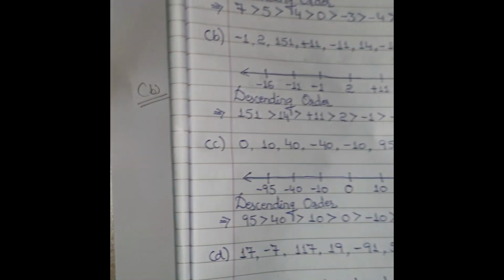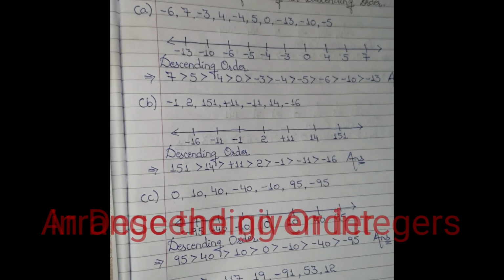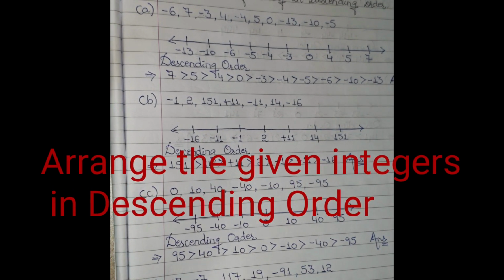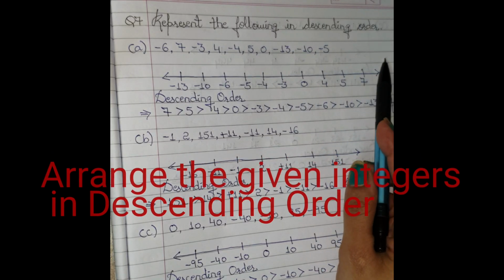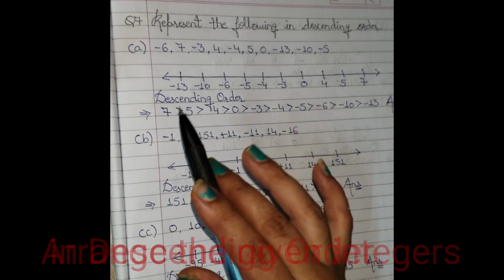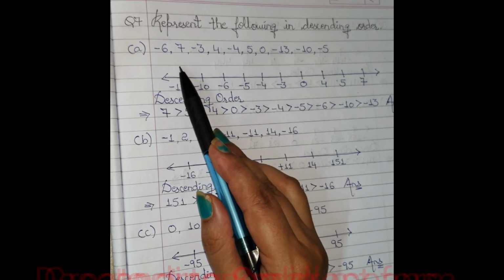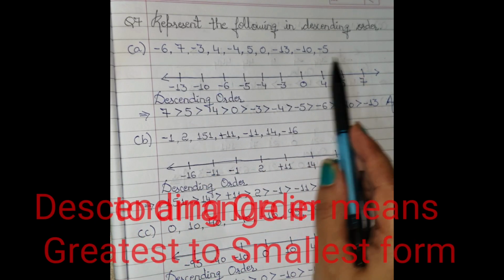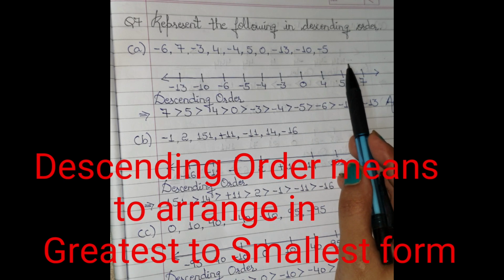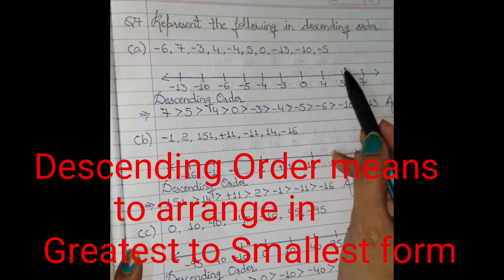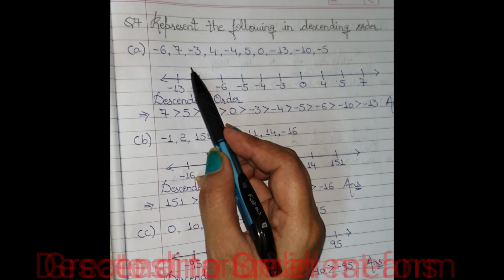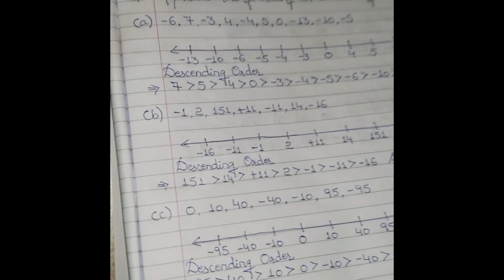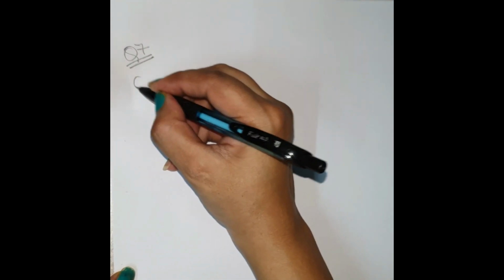Let's move on to the solution of question number 7. In question number 7, we have to do reverse. That means we have to arrange the given series in descending order. Fine. So it is the opposite of the previous question. In the previous question, we were moving from this side to that side. Means when you move from this side to that side of a number line, then it is ascending order. And as I told you, when you move from this side to that side, then it is descending order. So it is the reverse of that question, but still I am explaining question number 7, A part.